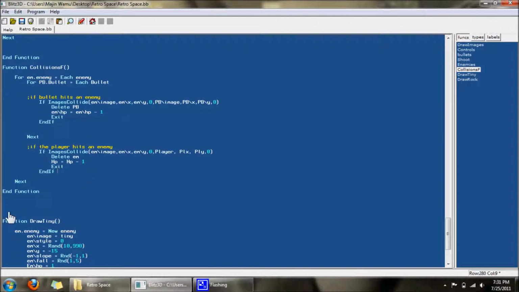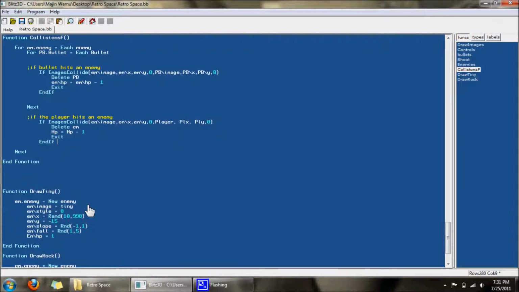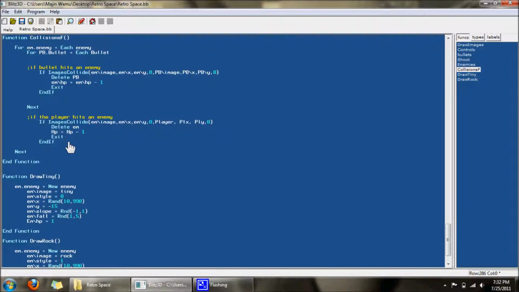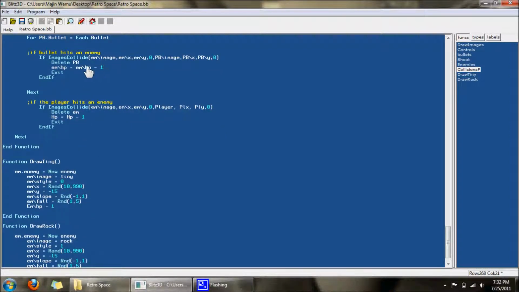And I used to program like that. I used to create separate types for each enemy, and oh my gosh, it made my code humongous. The code is already going to become huge on its own, but this really saves a lot of time and space. Okay, so anyways, before we exit and before we delete anything,